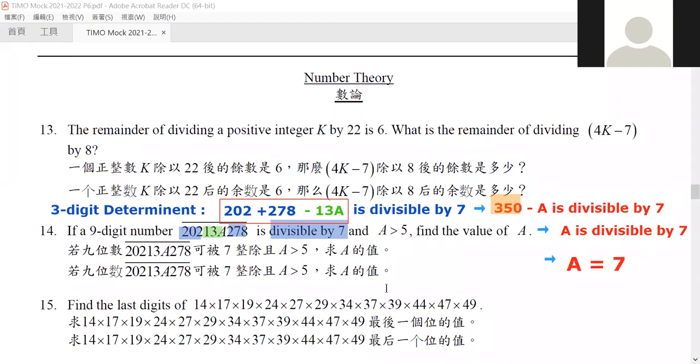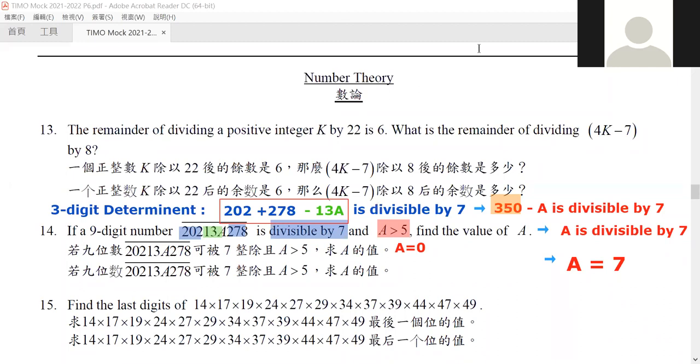Now, if we do not have this part, this part is here because it wants to stop our A from equaling 0, because A equal to 0 is also one of the answers if we are allowed A to be less than 5. But after we constrain ourselves that A must be greater than 5, then A equals 7 is the only answer.